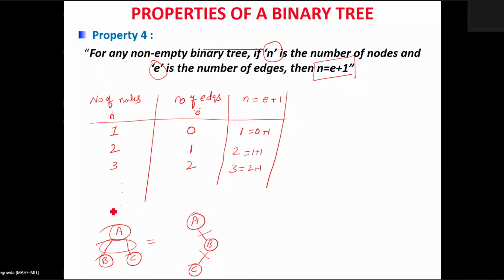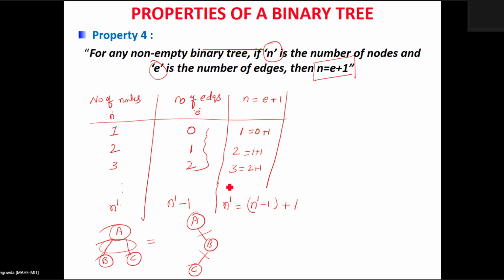And similarly, suppose there are n' number of nodes. According to the previous values that we have calculated, I can write a general equation for n' number of nodes. If there are n' nodes, I require n' minus 1 edges. So I can say that n', that is the total number of nodes, will be equal to the number of edges, that is n' minus 1, plus 1.